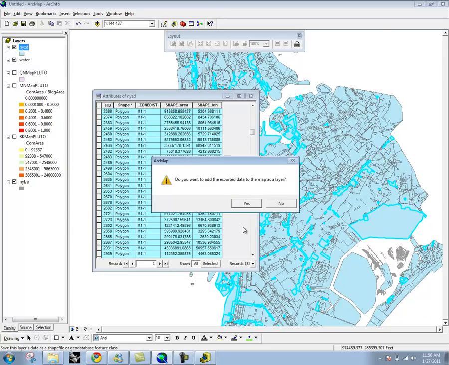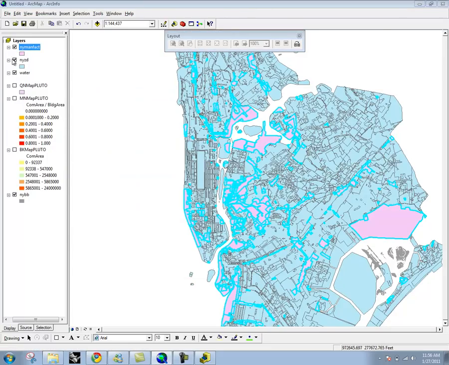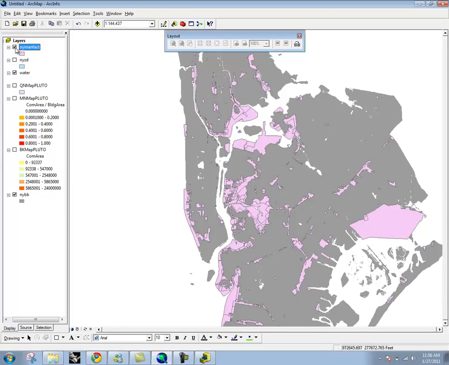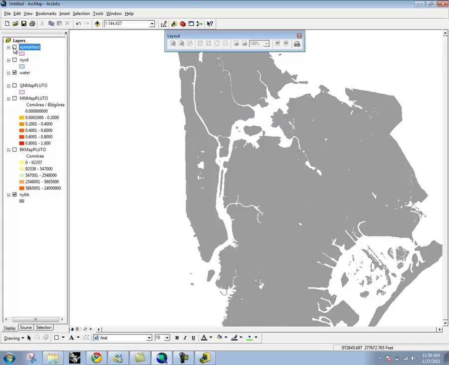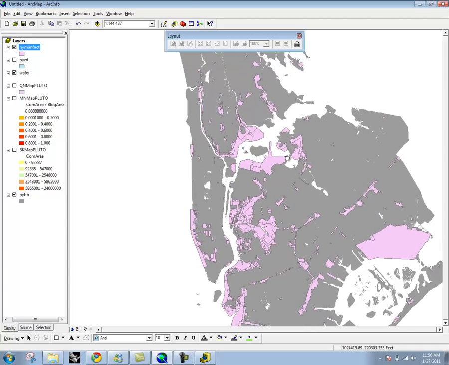Okay, and I did it much faster that time. So now when we turn off all the other data, we have this one shapefile with only the manufacturing districts. We might also decide that we only want to show the manufacturing districts in the Manhattan borough. We want to extract that data. So the way to do that is to